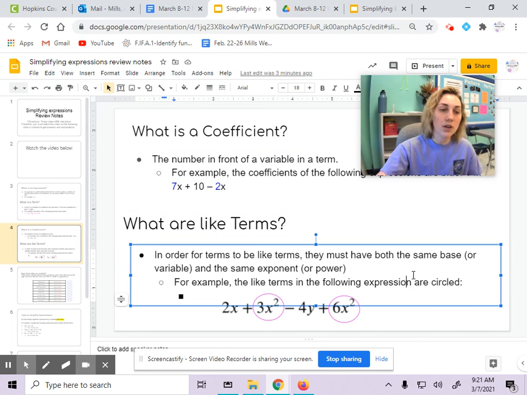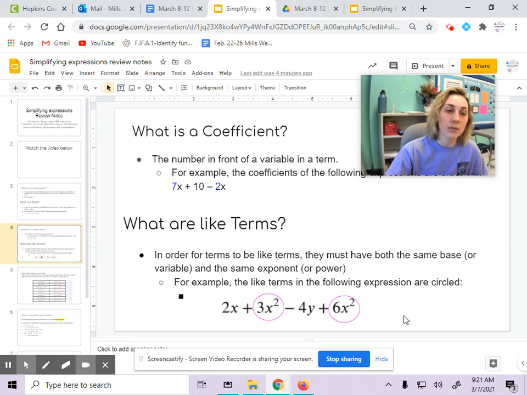All right, so now that we've gone over that, what are like terms? When I talk about simplifying expressions, what that means is you're going to combine your like terms. So let's talk about what a like term is. In order for terms to be like terms, they must both have the same base, which is a fancy word for variable. So they must have the same variable, and that variable must have the same exponent on it. An exponent is a fancy word for a power. So again, I give you another example. This expression in particular is 2x plus 3x squared minus 4y plus 6x squared. I circled